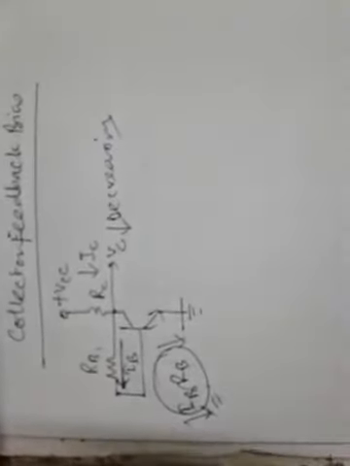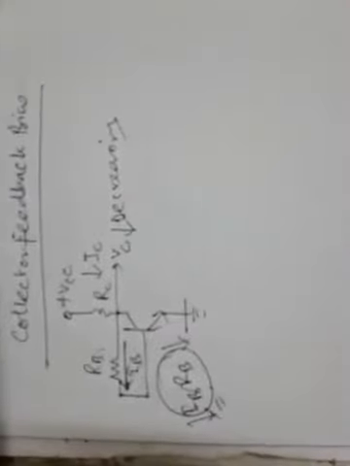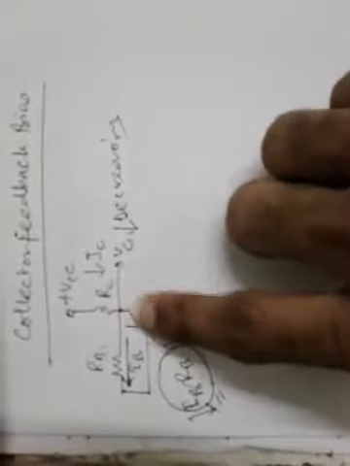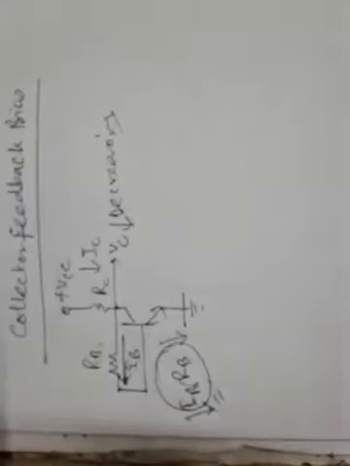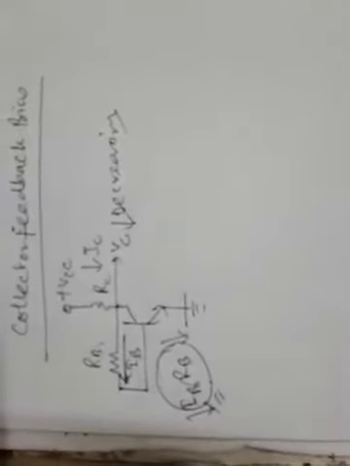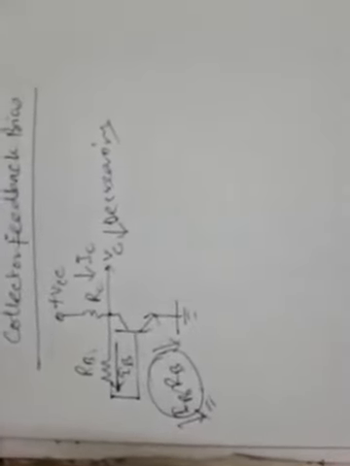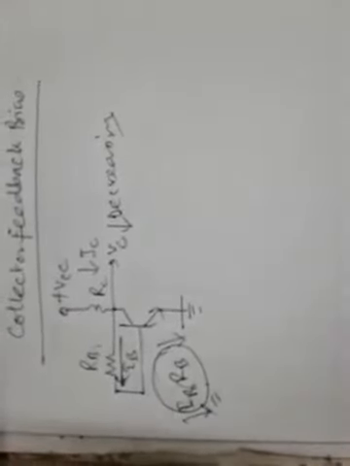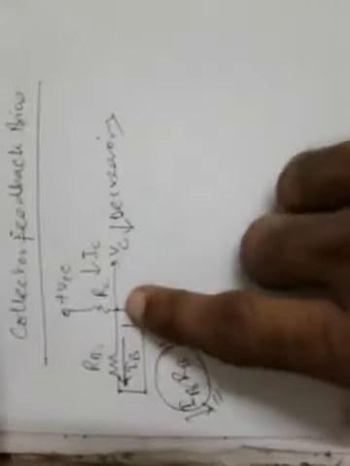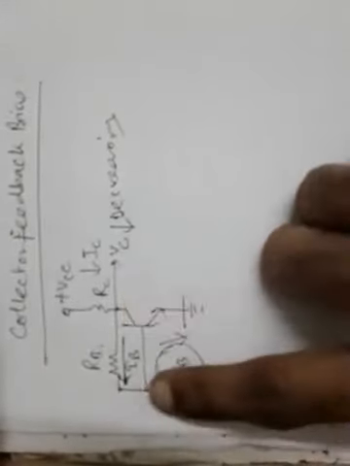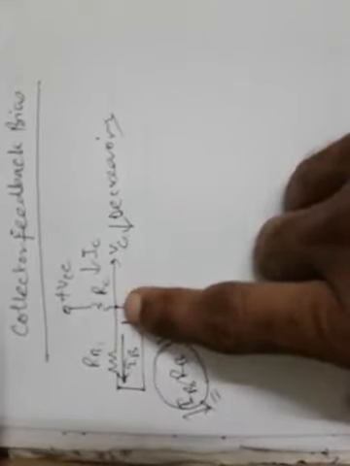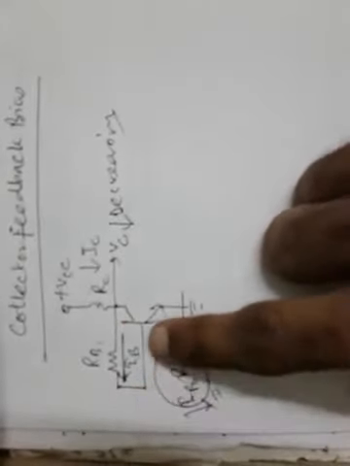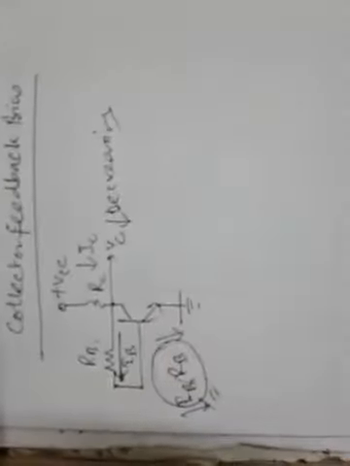So this biasing circuit is hence called the collector feedback biasing circuit, because the feedback is made from the collector terminal of the BJT into the base terminal, into the base circuit. And you always know that feedback is taken from the output of any circuit and fed to the input of that particular circuit. So once again, the output of this circuit is the collector and the input is the base. So obviously the feedback is taken from the output, the collector, to get into the base, which is the input of this circuit.